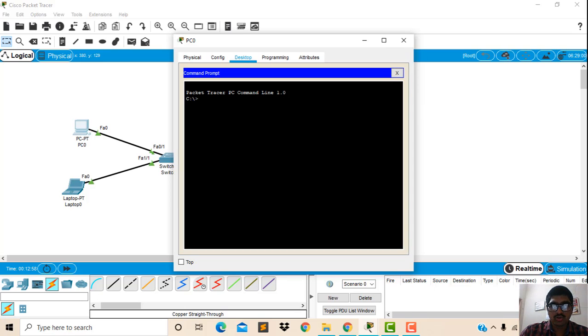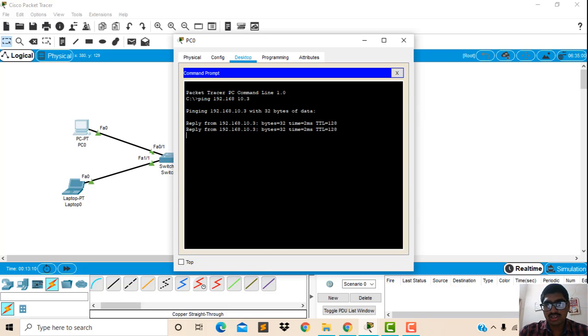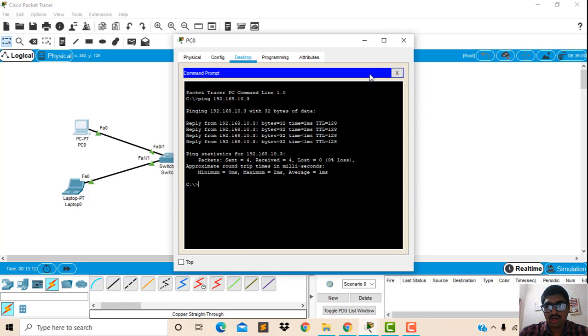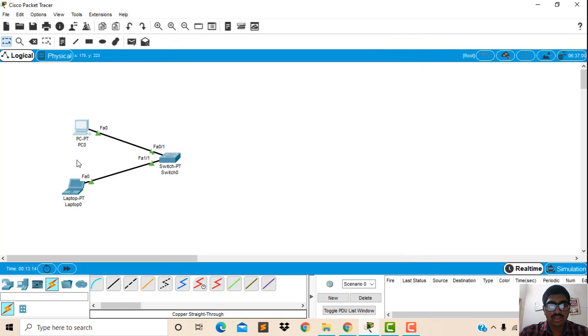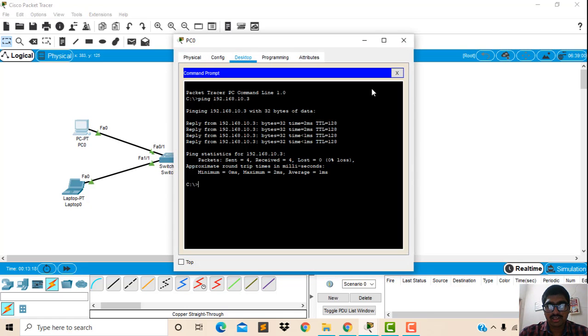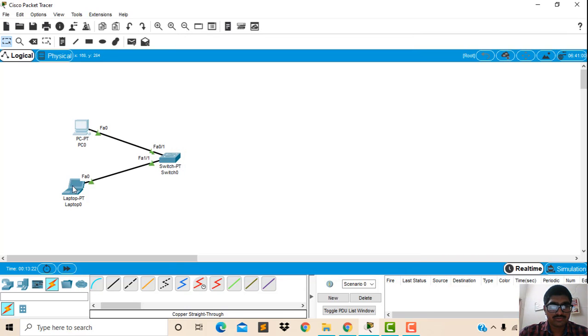Now we will see the pinging replying from laptop to PC and PC to laptop. We go to desktop, then command prompt, and type the ping command with the IP address of the laptop, 192.168.10.3. Now we can see the reply is coming from the laptop. Now we will see the ping from the laptop.